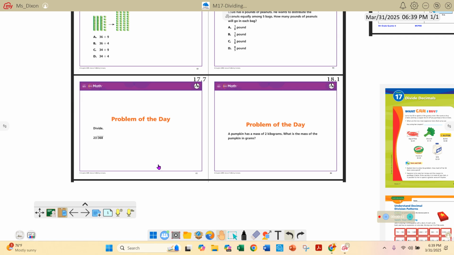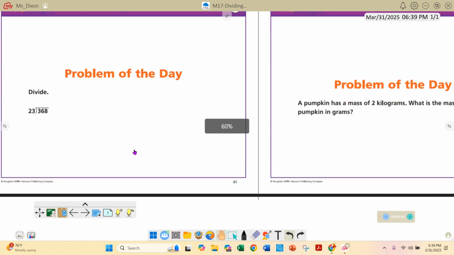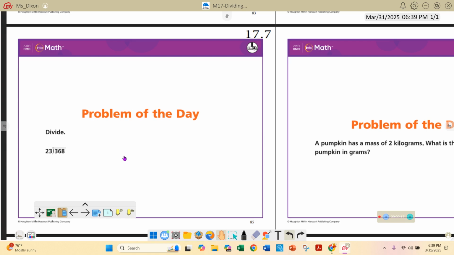Today we are going to be looking at our problem of the day, which is on page 85. I also want to point out that you are assigned to do the daily standards, page 11, but we're not going to go over that today because it is pretty much a carbon copy of yesterday's daily standards, where you are looking at dividing a single digit divisor by a decimal number. So we're not going to go over that one, but I do want to look at our problem of the day as we go into lesson